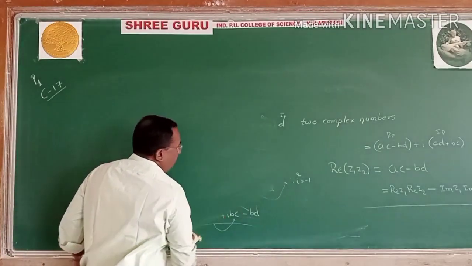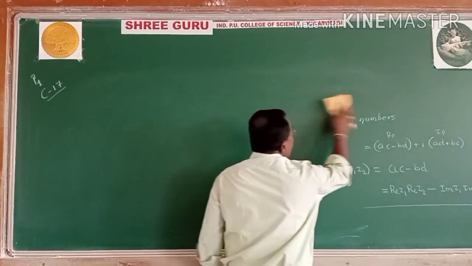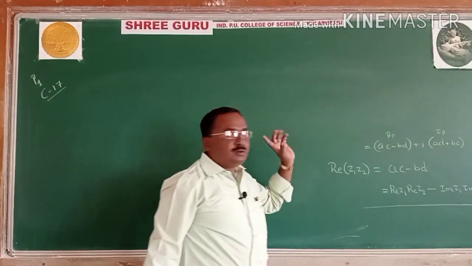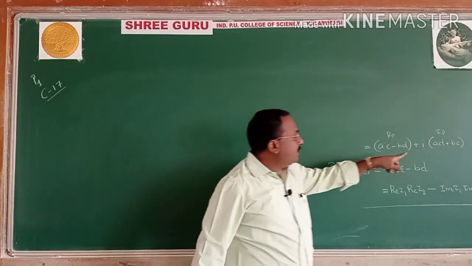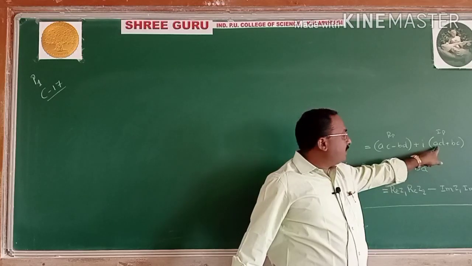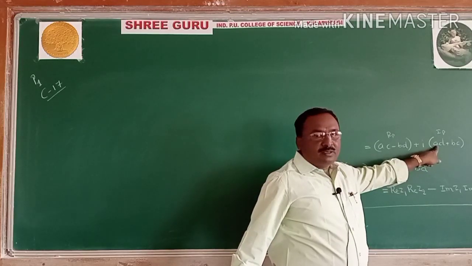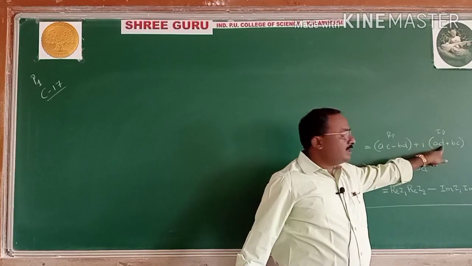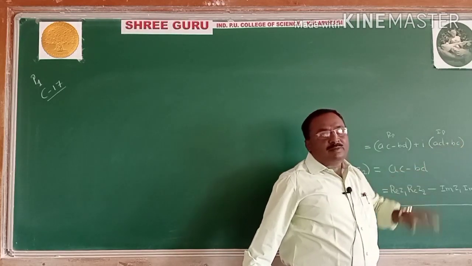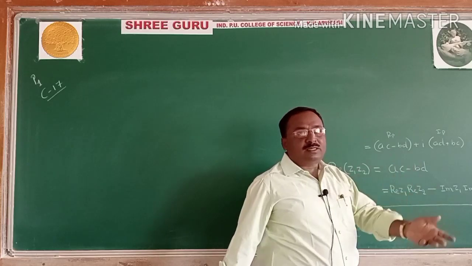Suppose the same example, prove that here real is replaced, suppose the imaginary part is there. Suppose real is replaced, the imaginary part is there. Yes, to find the imaginary part here, this is considered: real part of Z1 times imaginary part of Z2 plus imaginary part of Z1 times real part of Z2. Suppose we prove that in another way.